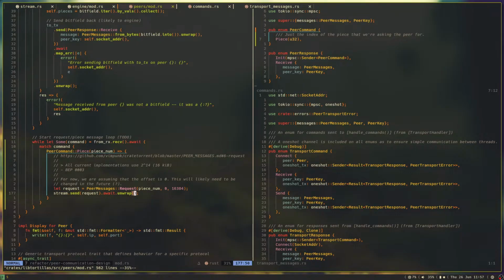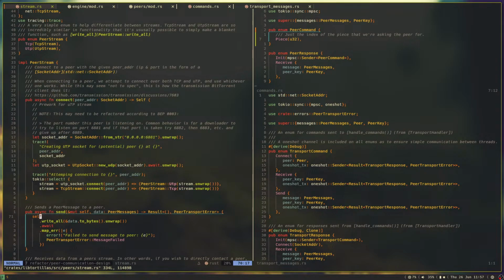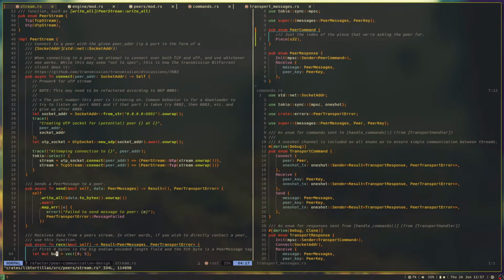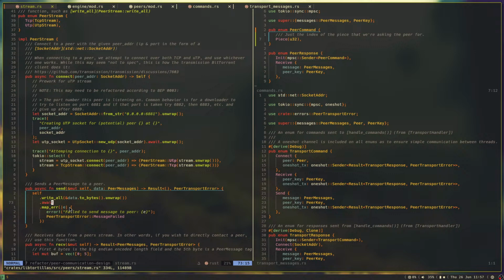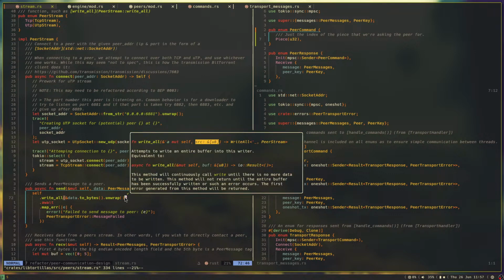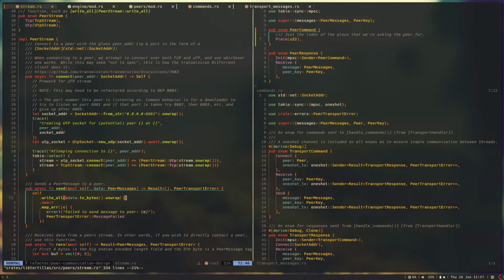What would that actually look like, by the way? Just the whole stream.send thing. I need to look, because I want to make sure there is a timeout on that. So here, look at the definition of this. There should be some sort of timeout somewhere. Hold on. I don't know if there is. TCP stream write_all timeout, Rust. Let me see if there is. Can you add a timeout? I mean, I could do a timeout myself manually, but